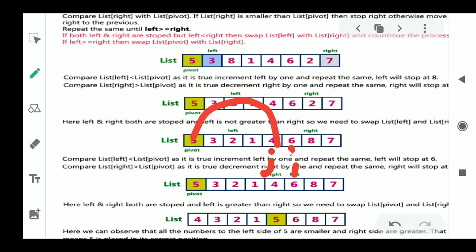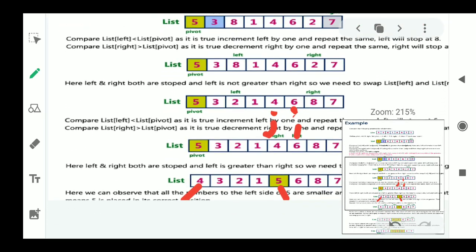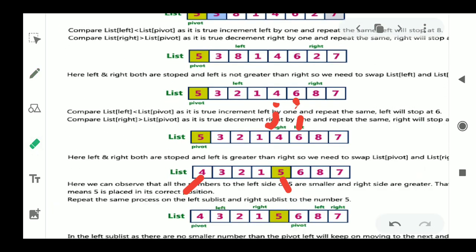Please try to follow the logic. Once the j value has crossed the i value, we need to swap both j and the pivot element. Now the pivot element goes here, and the j value comes here. So 4 comes here, and 5 goes there. So like that, once the swapping of the pivot element with j is done,